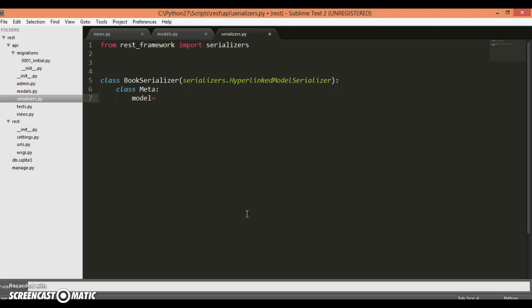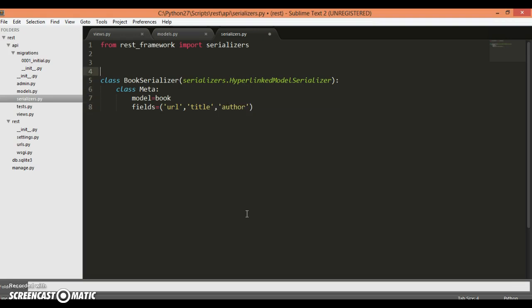Of which model we have to represent the JSON format. So we have defined our model, its name as Book, and the fields that we want to represent will be the URL, the title, and the author name,